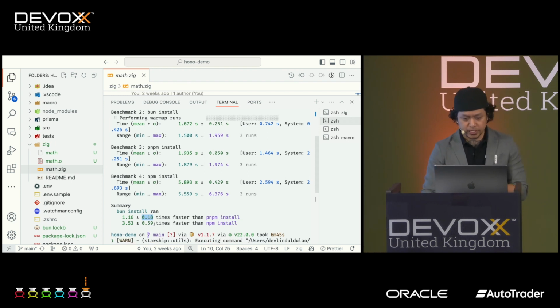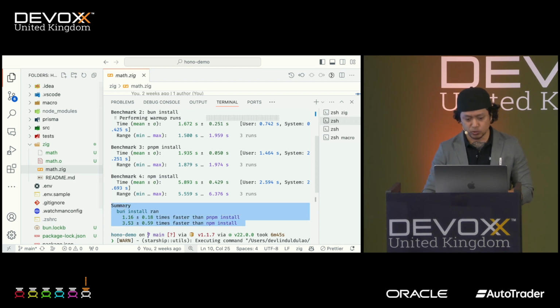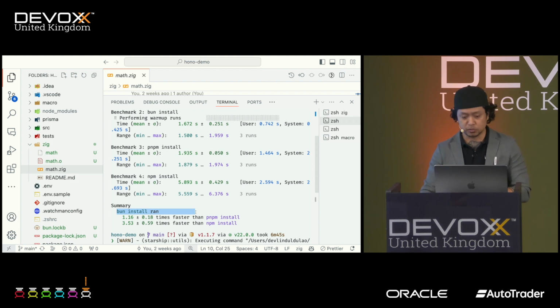You can also see here it's 3.5 times faster than npm, but there's no yarn, because yarn is too slow, and the benchmarking tool didn't include it anymore because it's way slower. So this is how you would do it yourself by running it, and then it will just say which one won this benchmarking on top of it.